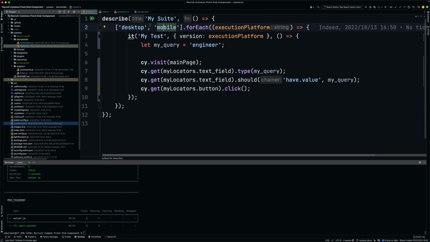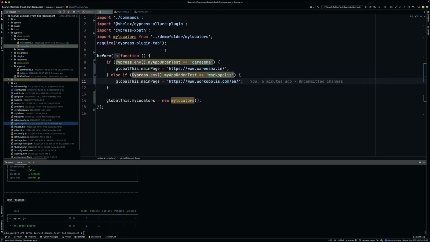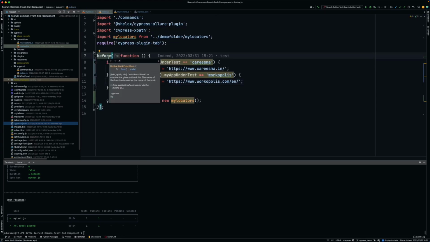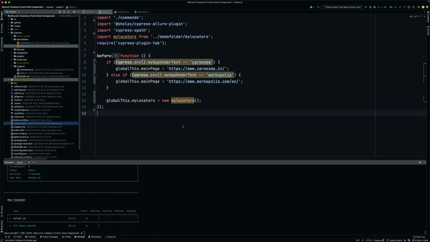So how can I use this config? When I again go to my global hooks, this was the block which was running before each test suite. Now I want to make some changes before each test case, not the suite. Because if I want to execute over mobile, then maybe I want to change the viewport. So let's add a before each block as well. All right, so before each,